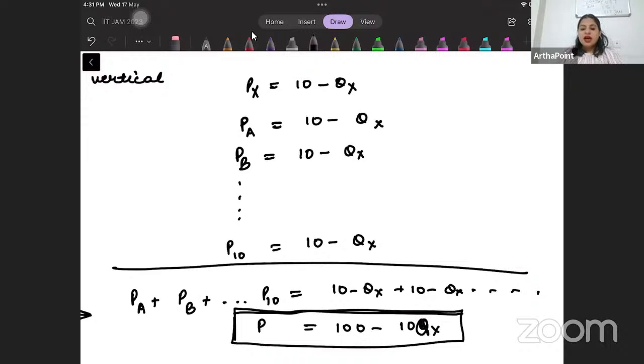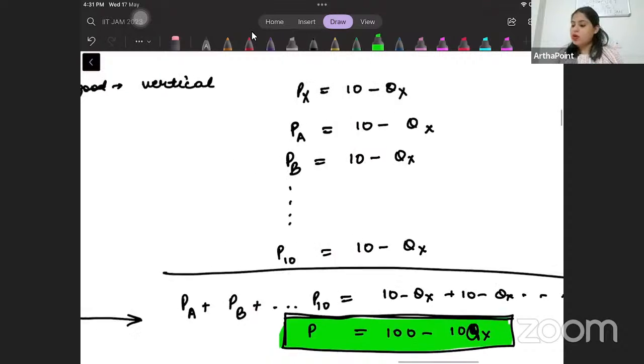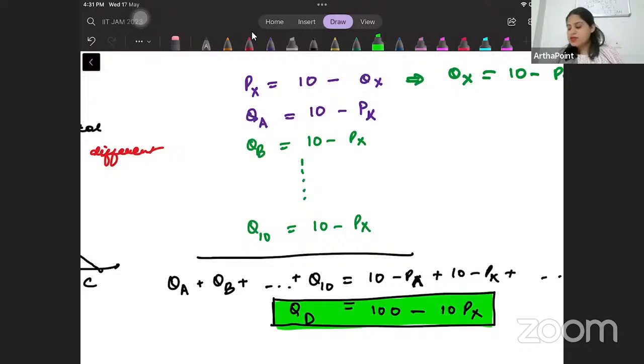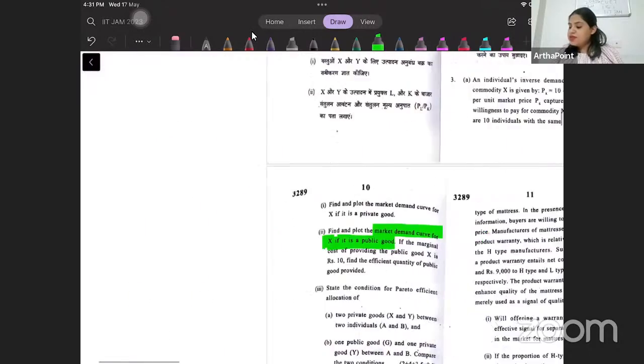So when I find out the price paid by all individuals as a whole, this is called vertical summation. In vertical summation, you add the prices that each individual is willing to pay for one quantity. It is one given quantity. I just want to produce one park, one flyover and so on. But here you will go ahead and add horizontally. That's the only difference. Okay, next part it says,